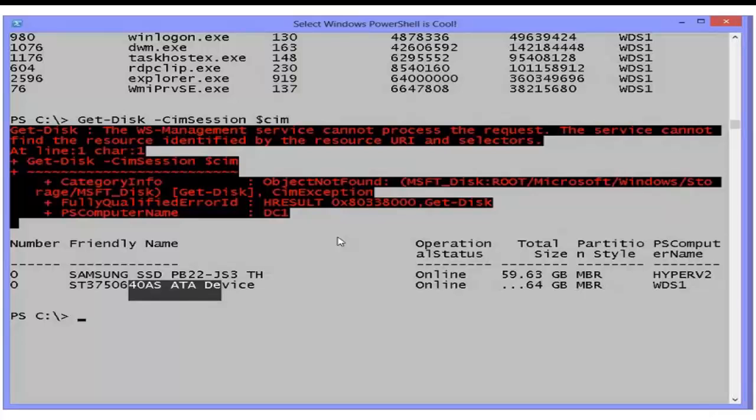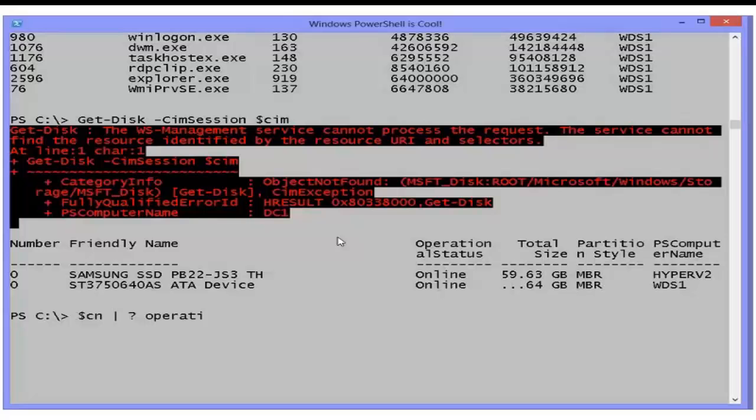Now, one of the things, I'm getting tired of my CIM session having this old computer in there that I can't really query, I can't really use. So what I want to do then, I'm going to go back to $CN. And what I want to do then is create a CIM session that only has my computers that are Windows Server 2012. So I can say $CN,